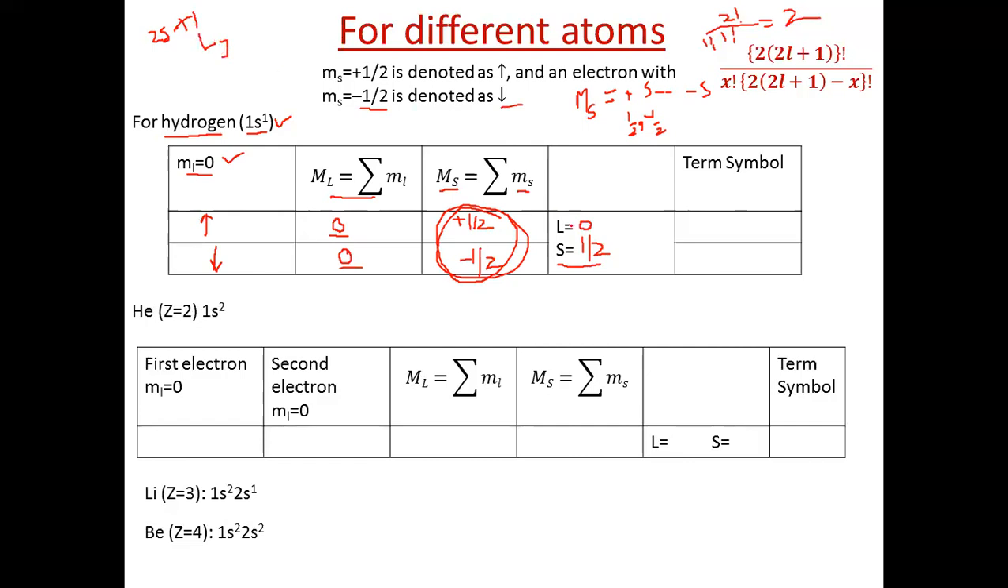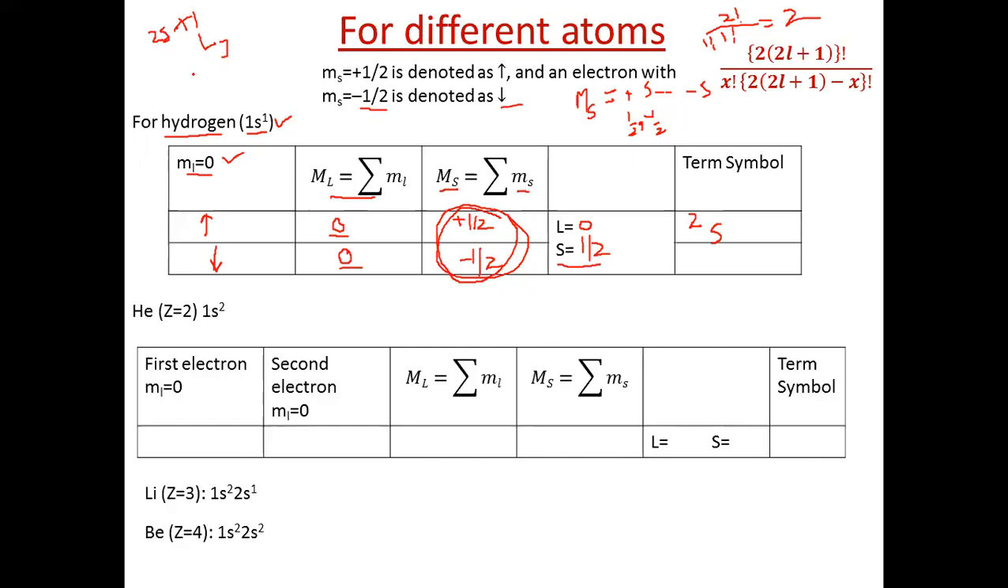Now S is half. 2 multiplied by half is 1. 1 plus 1 is 2. So the symbol becomes 2. Now L will come from this L0. Then we can use symbol S. Now